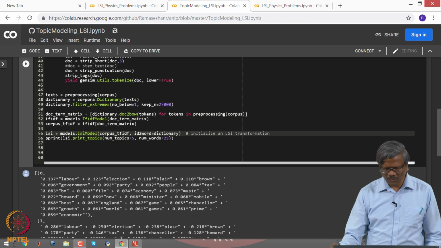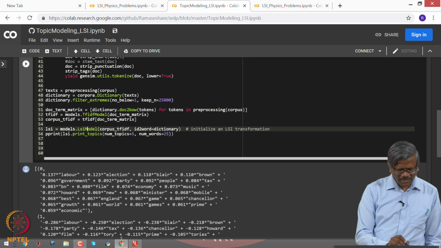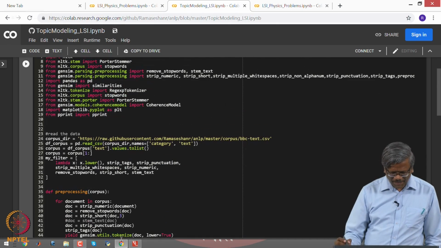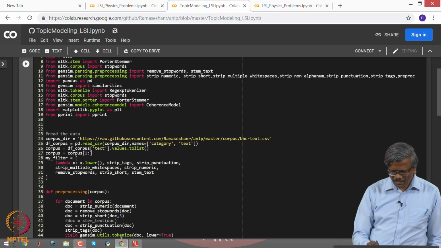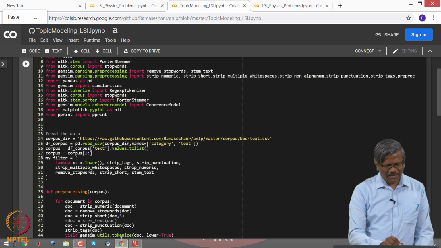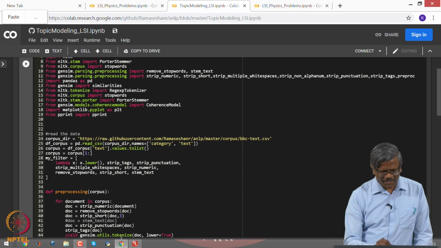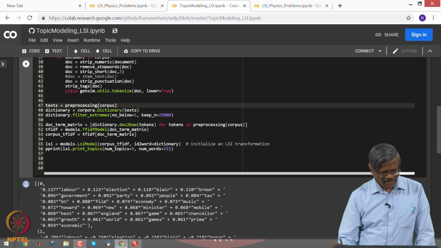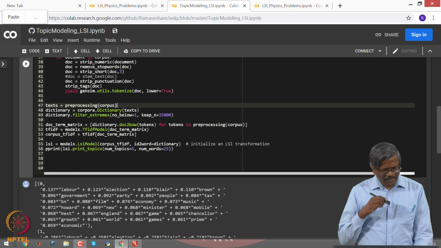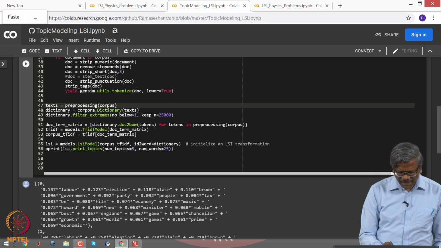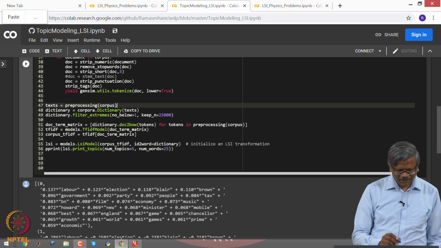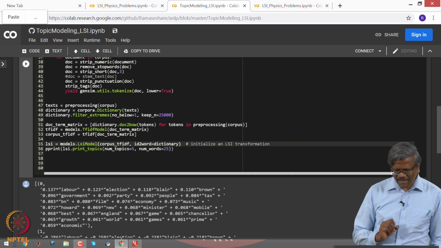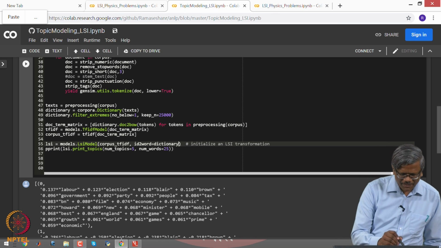Okay. It is very similar to what we saw earlier. So, we have done the pre-processing. Again, for your convenience, I have kept the corpus, which you can pick up from this particular location. Okay. So, again I am keeping 25,000 words, and I am not using the standard one that we used earlier.